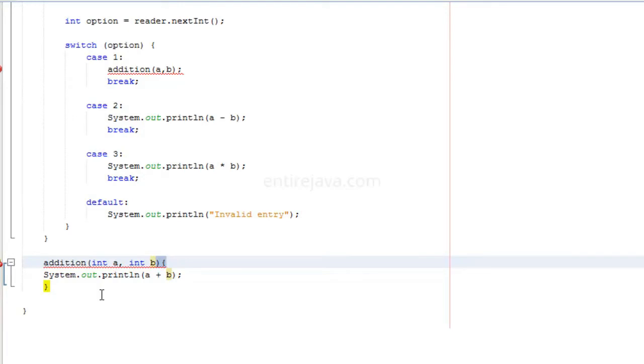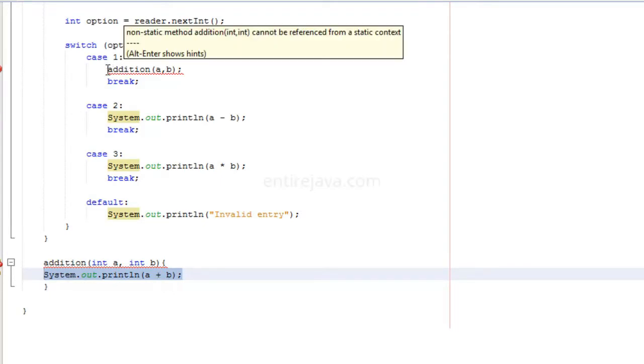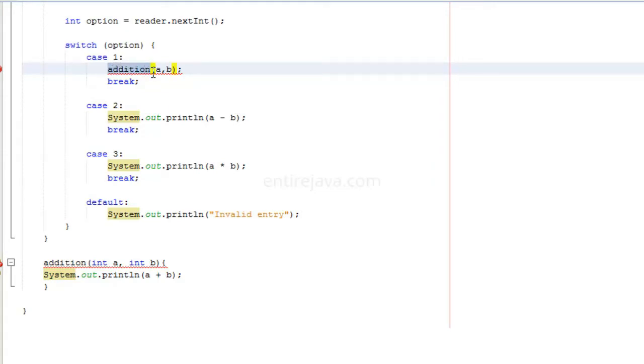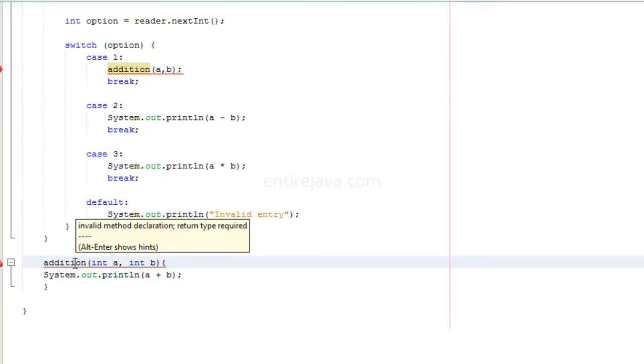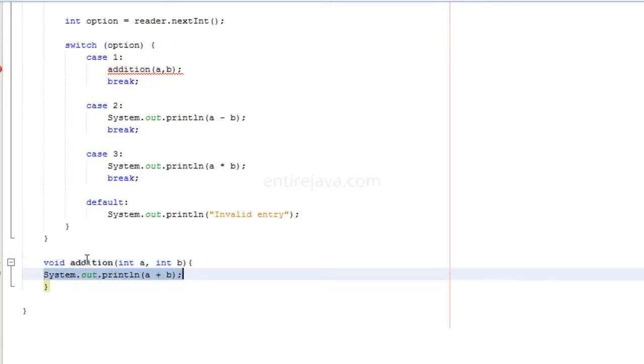We have another problem here. What's that? Whenever we execute a certain block of instructions, we're going to expect something out of it. Sometimes we don't. Here we're just doing System.out.println a plus b, and we're printing it. In this case, there is nothing that we want to give back to the block where we're calling this method from. So what we do is we say void,